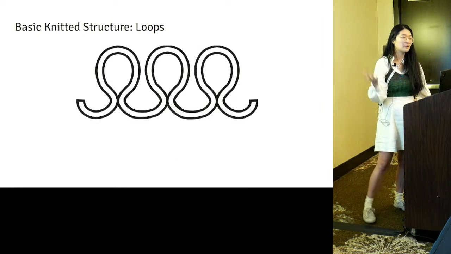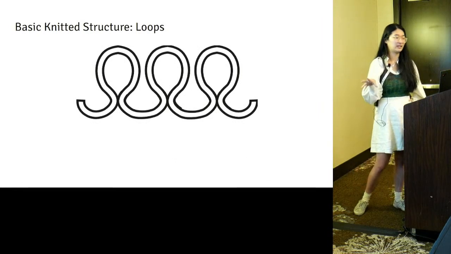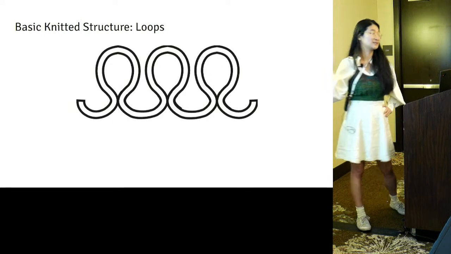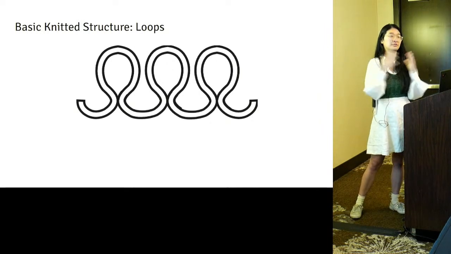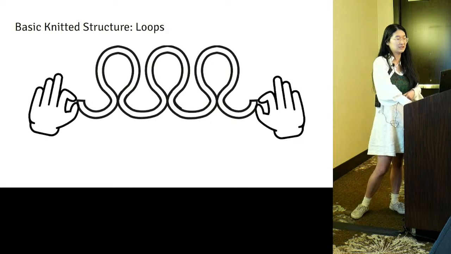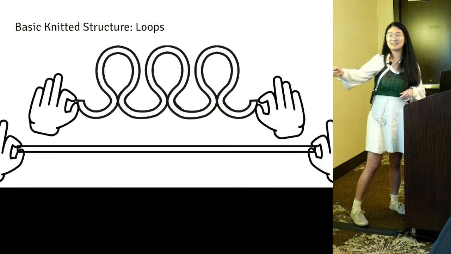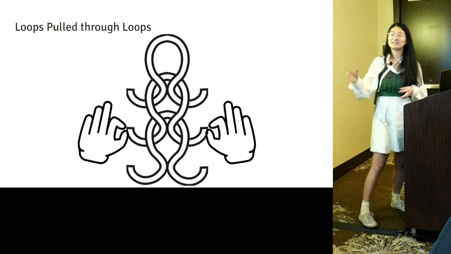I said that we were going to take advantage of the programmatic structure of knitting to embed programs within it. But what is the structure of knitting? The basic building block of knitted items is loops. What it really is, is loops pulled through loops, interconnected loops on a continuous yarn. If I just took this set of loops and pulled it at the end, I'd get just a straight line. That would lose all of its structure. What you really want is to have loops pulled through loops.